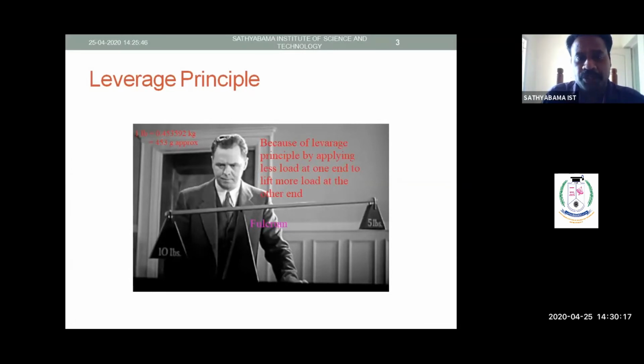Torque. We just see the distance between the 5 lbs load and the fulcrum. The distance is high. You see the distance between 10 lbs load and the fulcrum. The distance is very less. But the product, force multiplied by the distance, will be same. So using 5 lbs itself, it is possible to lift the 10 lbs load. This is what we can understand from this picture.